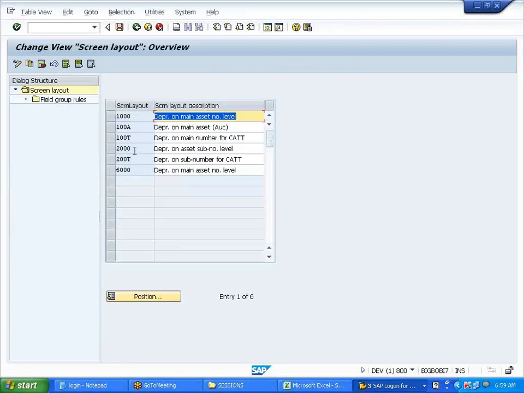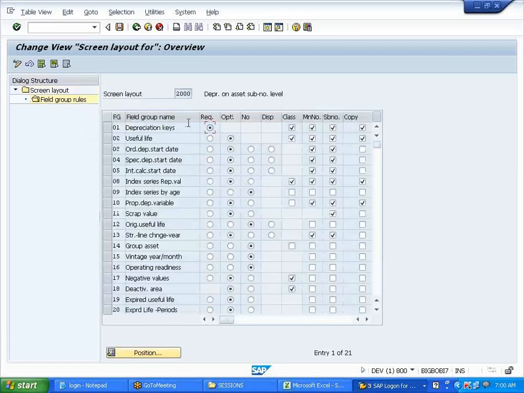Okay, just note down these layout names. 2000 for sub asset, 1000 for main asset. Layout you can create. So I'm using the 2000 layout. Here if I click, see, these are all the fields you will see: depreciation key, useful life, ordinary depreciation, all this.